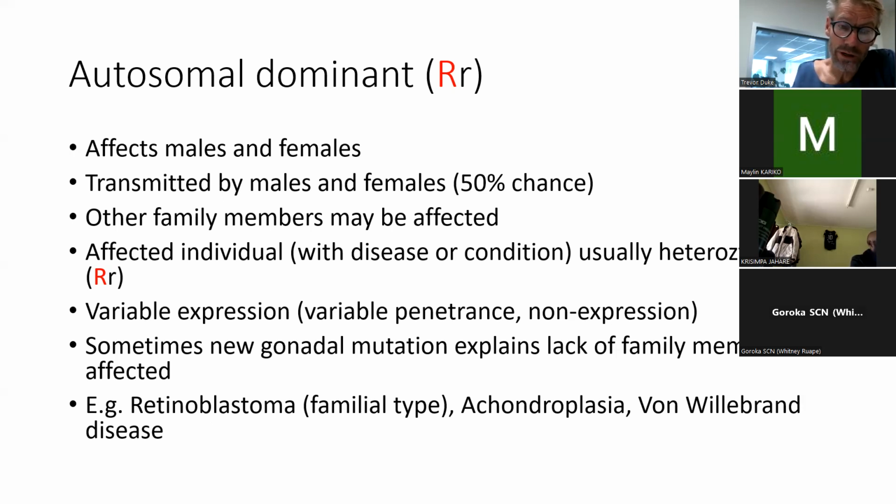There are a number of important autosomal dominant conditions. Von Willebrand's disease is quite common in the Pacific, and that's an autosomal dominant condition of coagulopathy and bleeding. There are some types of retinoblastoma that are also autosomal dominant, and they're the familial type, usually bilateral retinoblastoma. Not always is that inherited. That is, not always is there a parent affected. Sometimes it's a new mutation that occurs during gonadal formation, and therefore only the baby is affected, but the parents aren't affected. Achondroplasia,